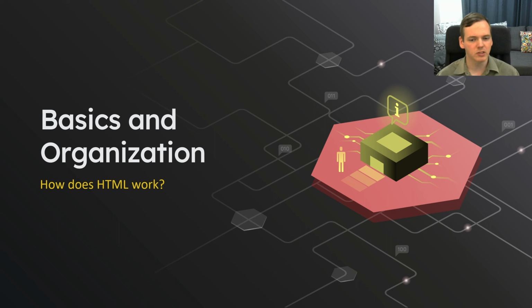But this is just to give you a sense of what you can expect and kind of clue you into the key things before they come up, so that when they do come up, you already have sort of an idea of what they're doing and why they're doing that. So without further ado, let's jump into the basics and organization of just how we set up and organize HTML